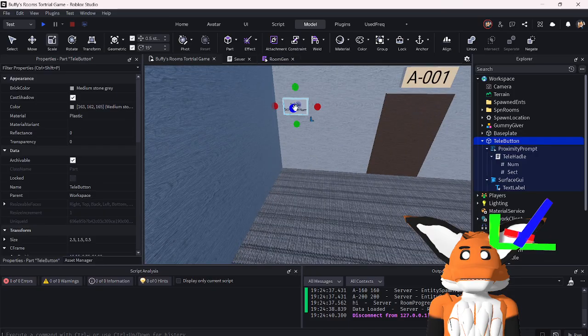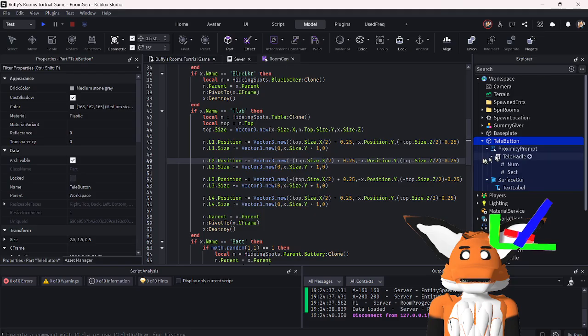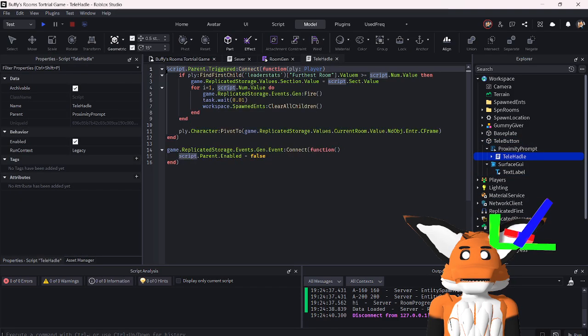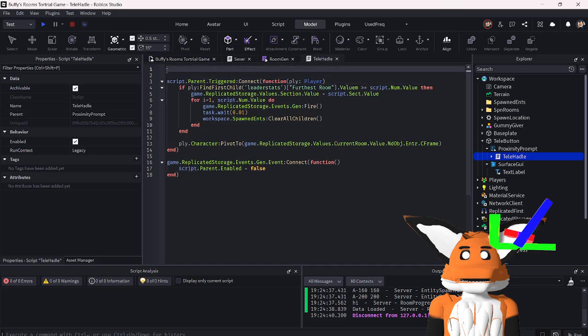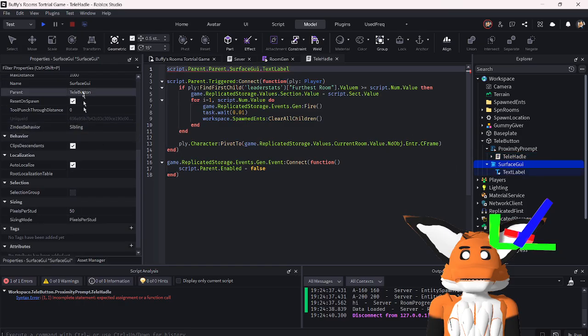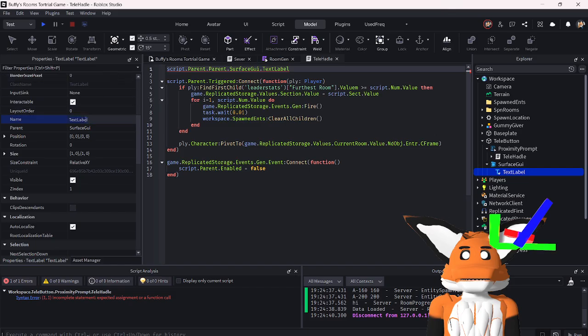I'm going to drag this right here, and before all of this, I'm going to set script.Parent.SurfaceGui.TextLabel.Text, which I'm going to give a name. Surface GUI will stay the same, and the text label, no, I'm just going to keep it the same. Dot text equals